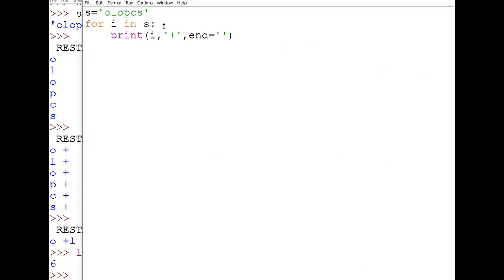Len function. Now suppose I want to print my string in reverse order. We know the indexes for backward traversing. If length is 6, for example, let me explain with this.